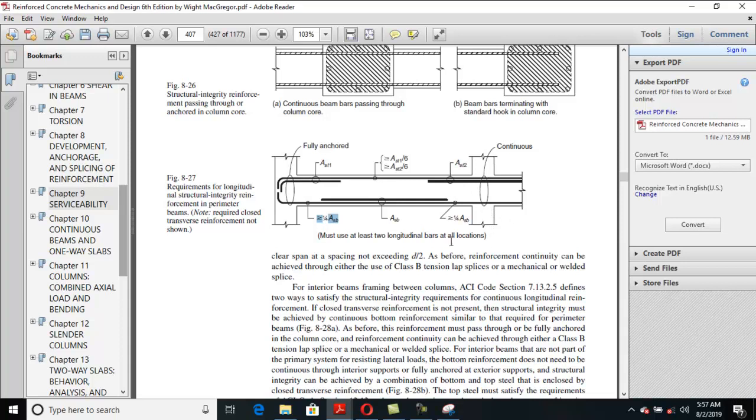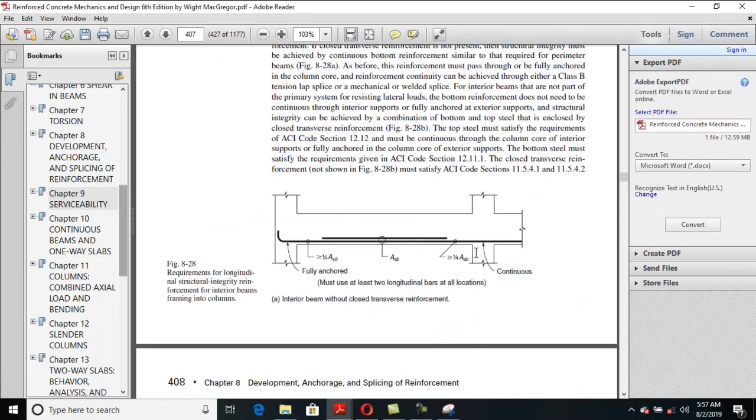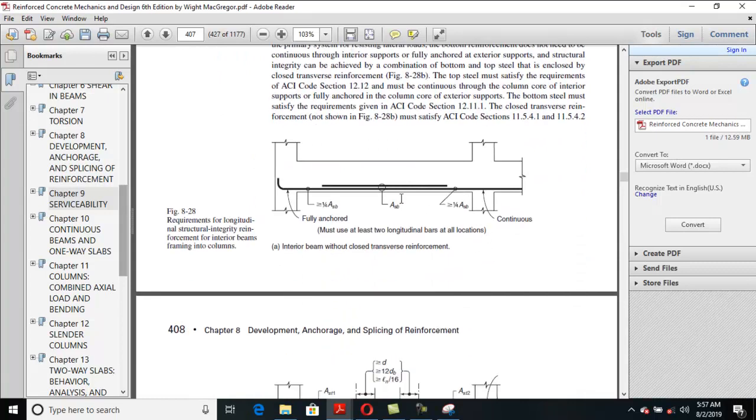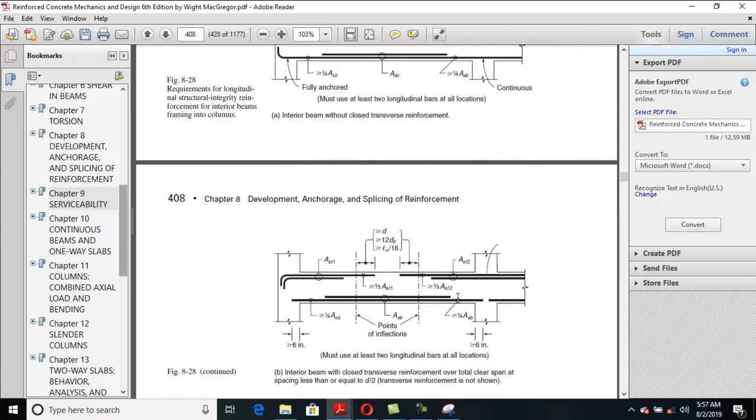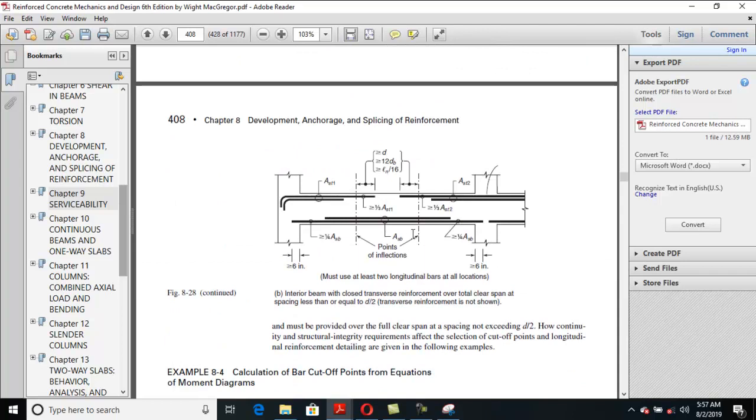Okay, at this point. And similarly, this is for positive reinforcement, clear? And this is some other explanation. You see that